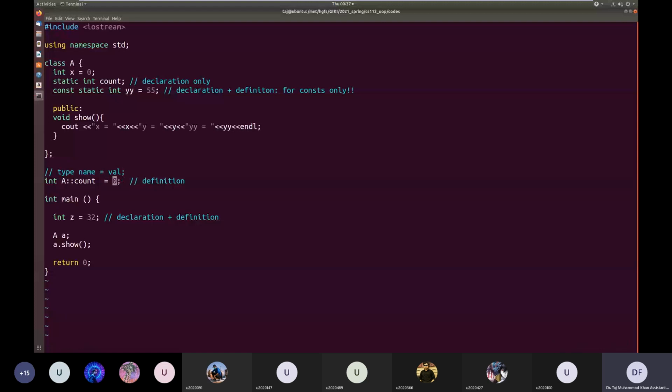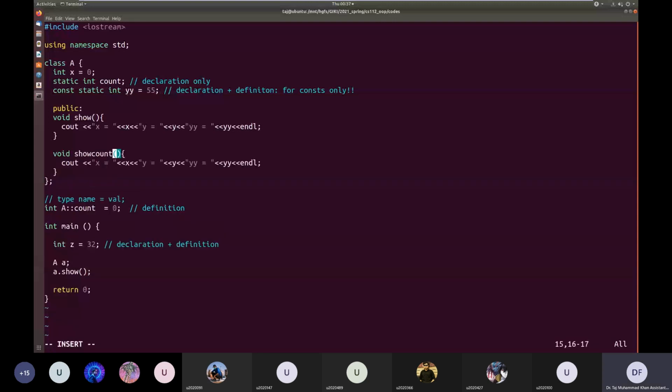We want that every time an object is created, this count variable is incremented.